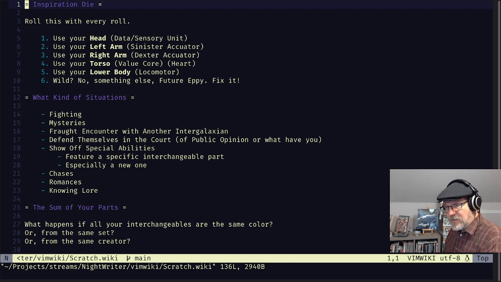what rolling looks like. More specifically, we were figuring out how these different interchangeable parts might affect it. The idea was it would be fun to make characters out of having these different parts to put together, just like you would if you had the toy. And basically, each part can bring a little something to the character. It could be a little mechanical bonus. It could be a little fictional flourish.